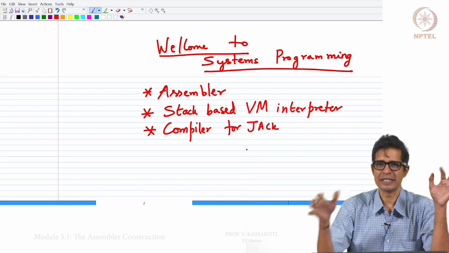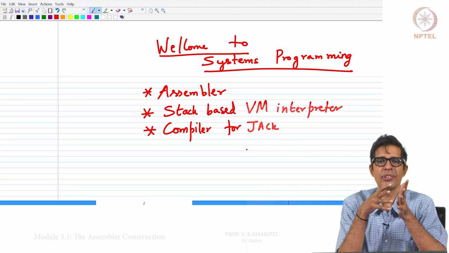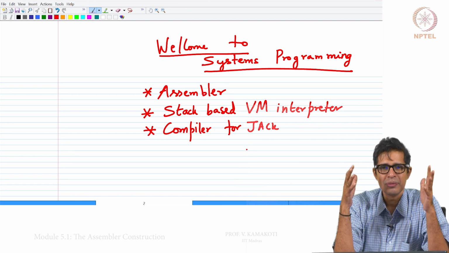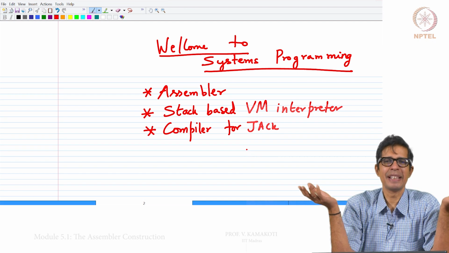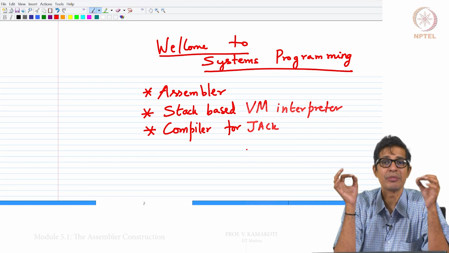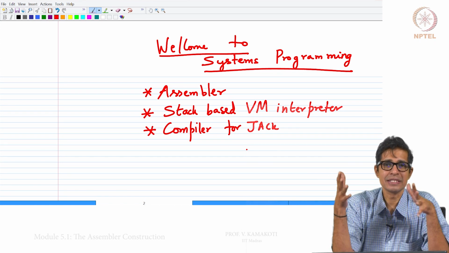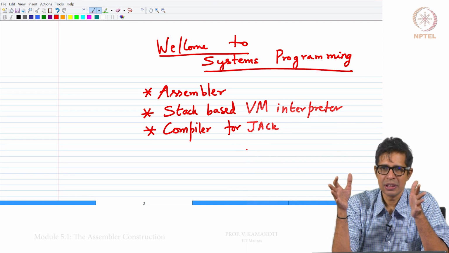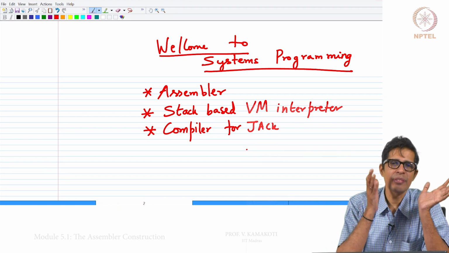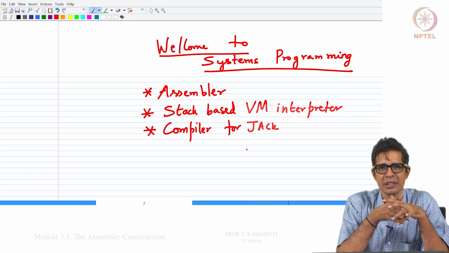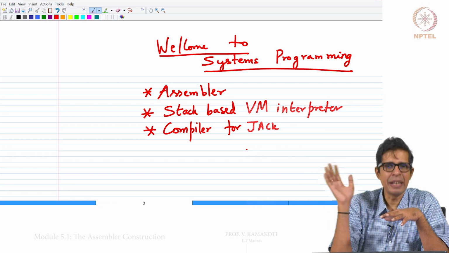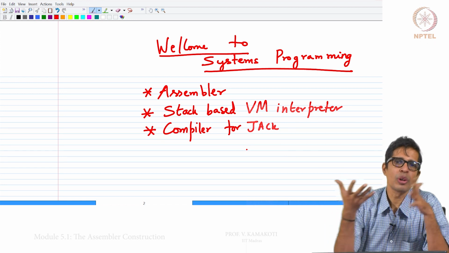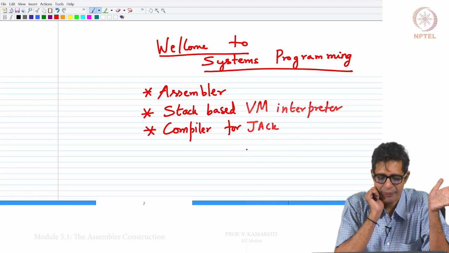Whatever we have done so far is the hardware, and now we need software that can execute on this hardware. Building a hardware is like building a dam, right, and you have to fill it with good water. The good water is the software. So, software development is very important to have an efficient, effective utilization of your hardware. And what we will be doing in the remaining part of this course is to understand how software is built for execution on the hardware.